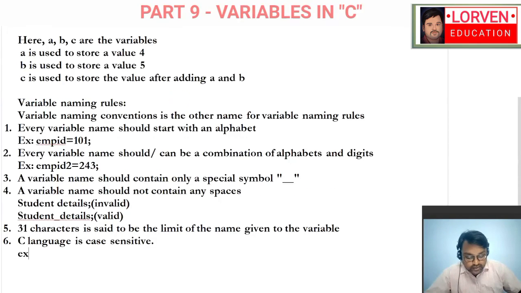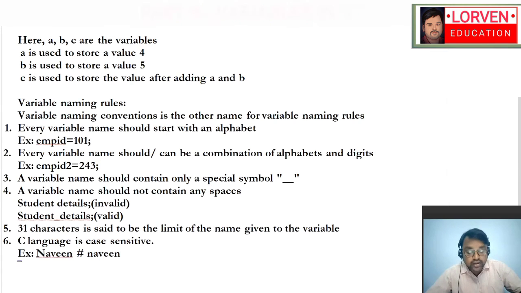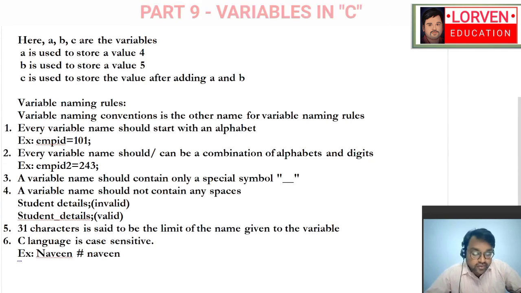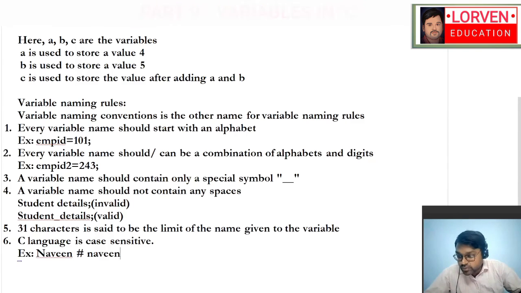An example is like this: Naveen is not equal to naveen. So the first word Naveen is different from the second word naveen, though the spelling is the same. So this is the sixth point to be noted.